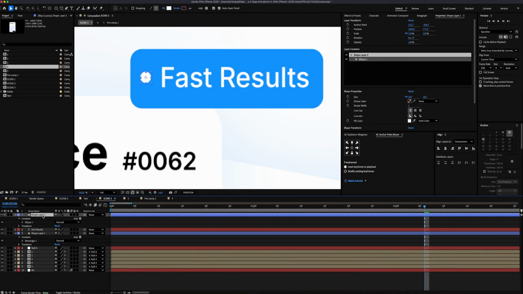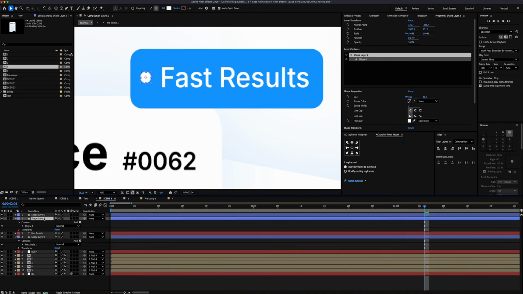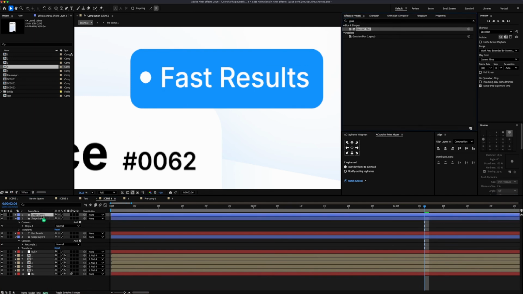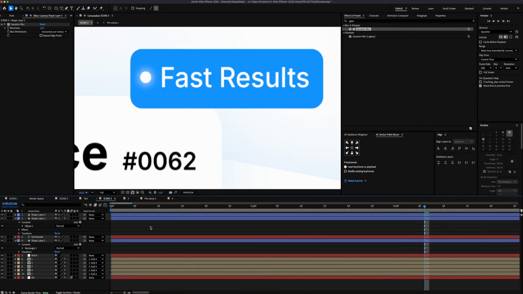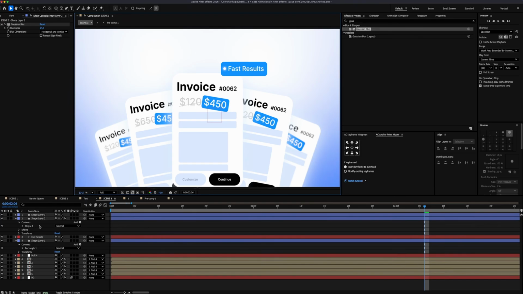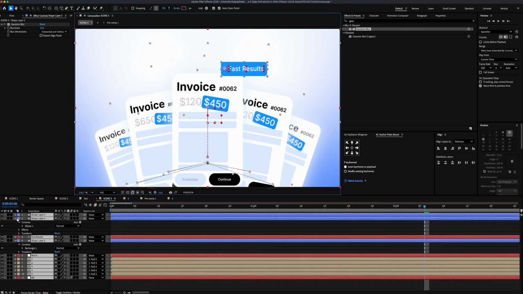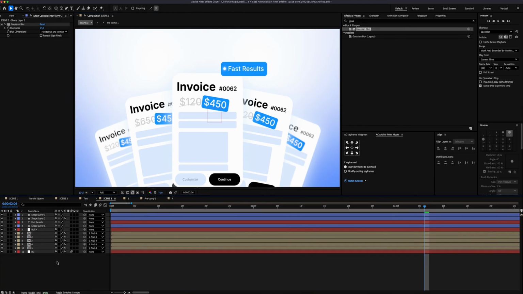Maybe we can give some glow to its background, and to do this we'll duplicate the circle on the timeline and add a Gaussian blur effect to it. And if you turn off the repeat edge pixels option, you can get this nice glow effect. Perfect. Now I'm gonna add some motion to it, but before that, let's connect the first three layers to the